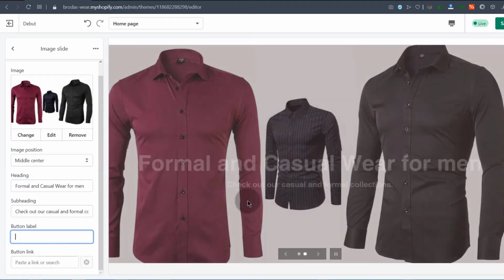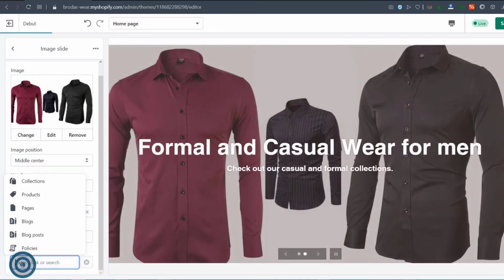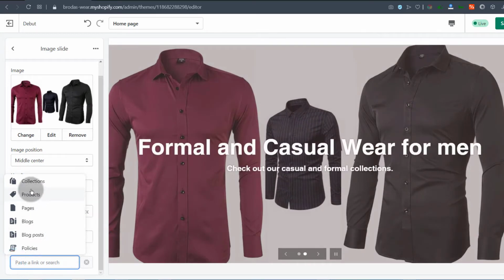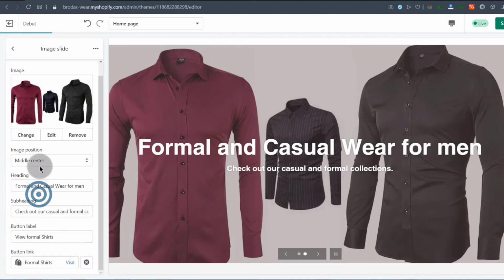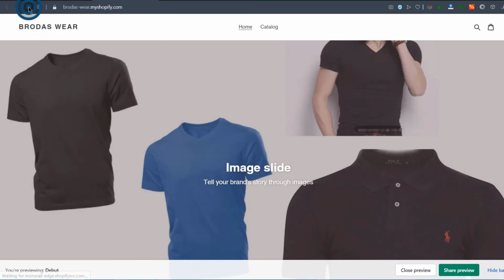If you do want to add a button, maybe you want this to link to a specific product collection, you can do that. So I'm just going to link this to the formal collection, and I can just say view formal catalog. And then I will add a link. If you do want to add a link here manually, you can just paste in a link, okay? That's possible. But I do want a collection, so I'm going to go under collections, and let's see if I do have a formal. Yes, I do have this. And you saw how to create collections. So if you don't know how to do that, just go back into the section about that and watch it. And I'm going to save. And if I reload,